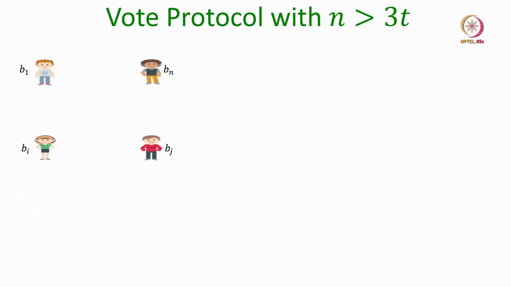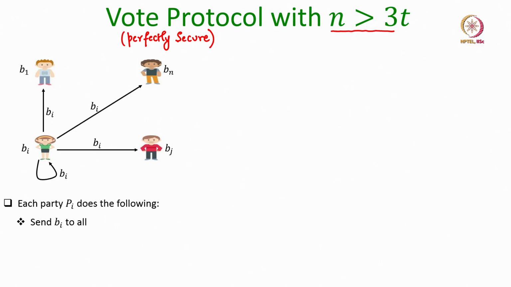it. So, let us first see the instantiation of the vote protocol, and this instantiation will be perfectly secure and it will be with n greater than 3t. Okay, so there can be at most t Byzantine corruptions, and n is greater than 3t. The protocol is very simple,